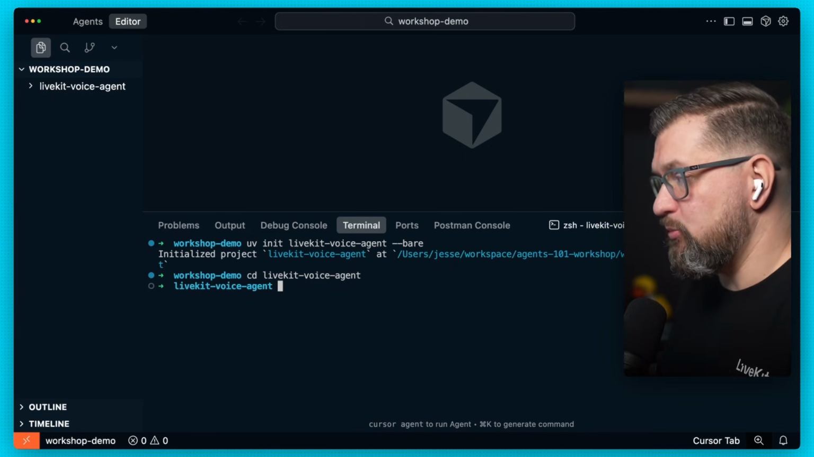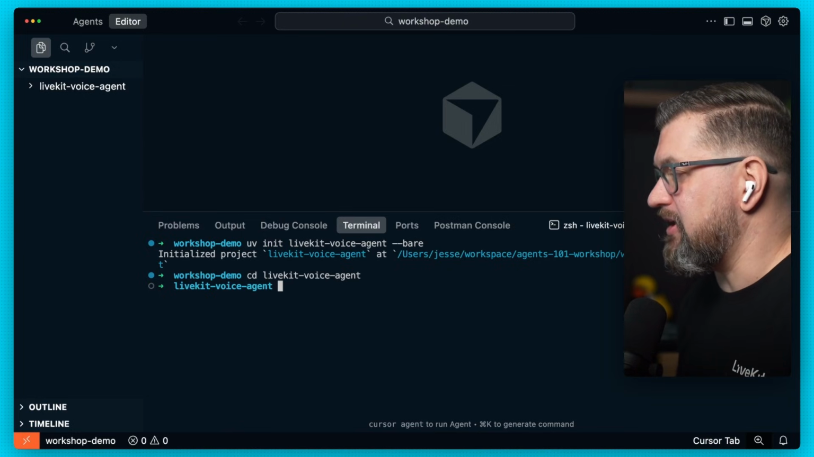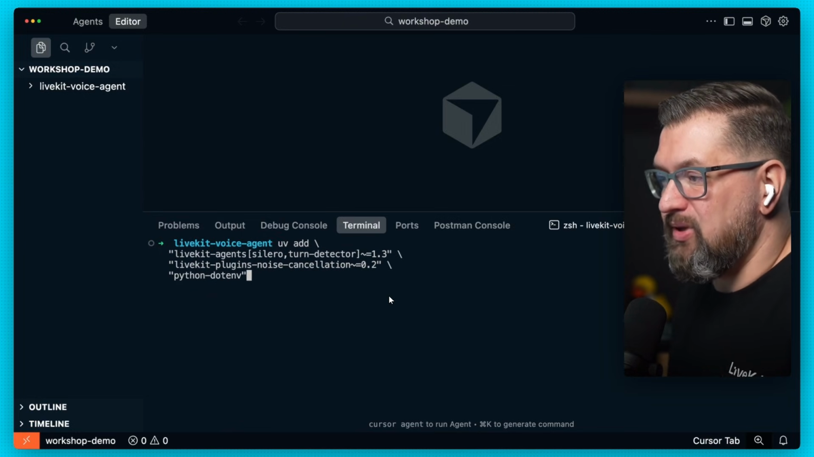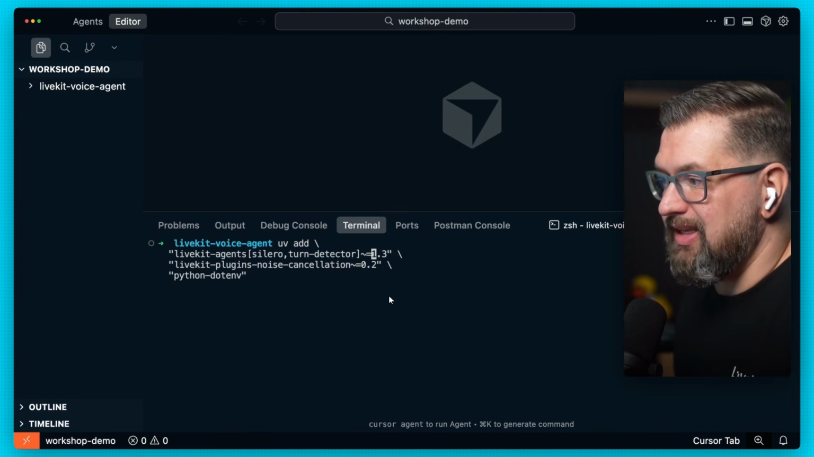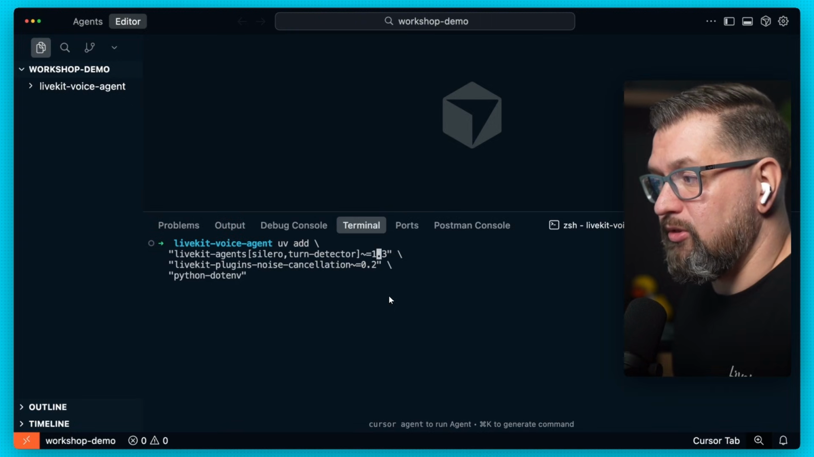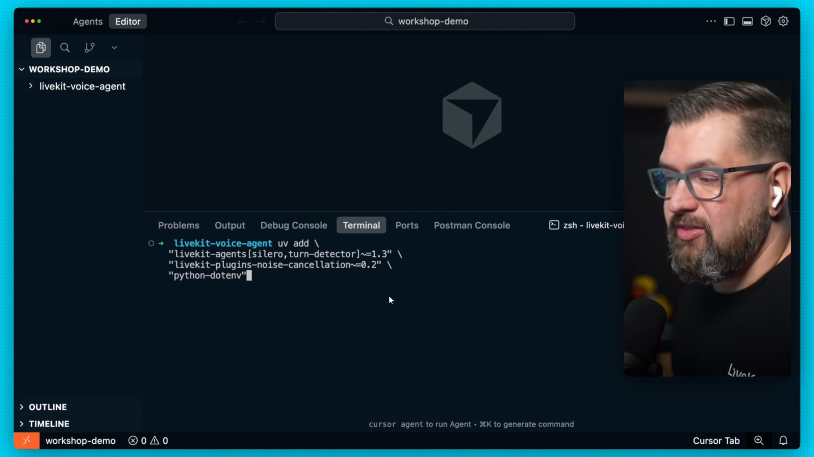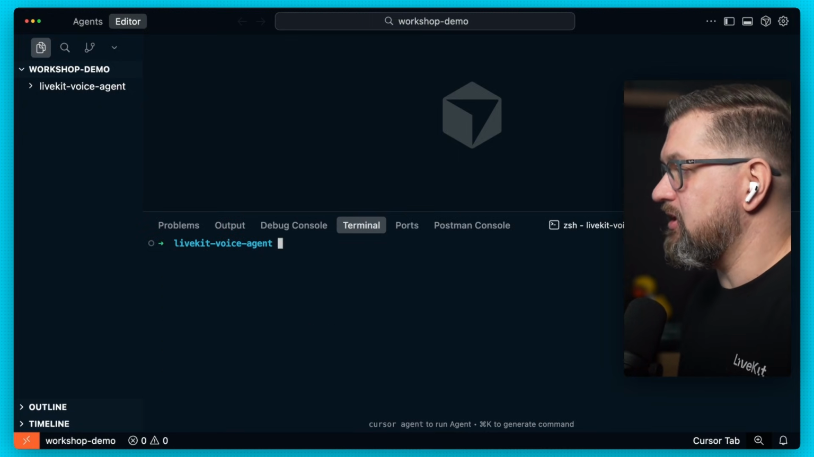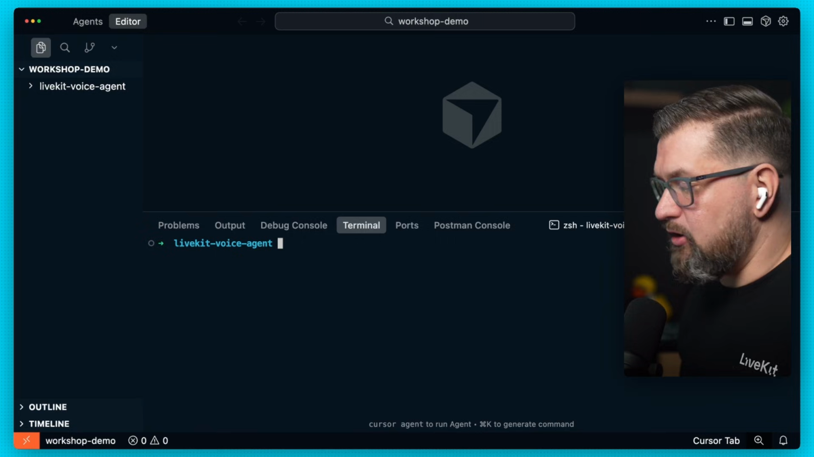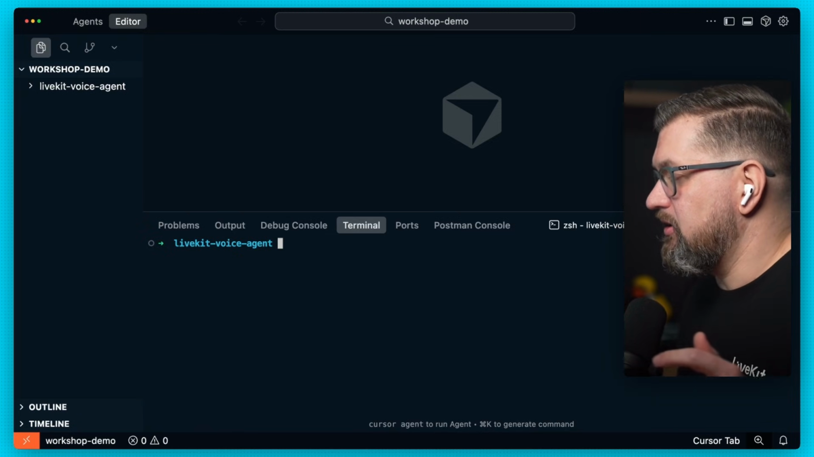So the --bare flag creates a minimal project without any boilerplate files. Next, we're going to install some dependencies. So uv add livekit-agents, Silero, and turn-detector. And it's good to note here, we're using LiveKit Agents version 1.3. And then livekit-plugins-noise-cancellation, and then python-dotenv. So this installs the LiveKit Agents SDK with Silero VAD and turn detection, noise cancellation plugin, and the python-dotenv package